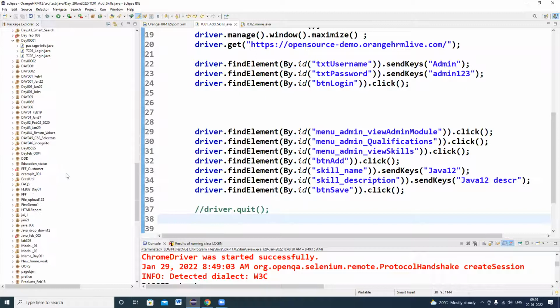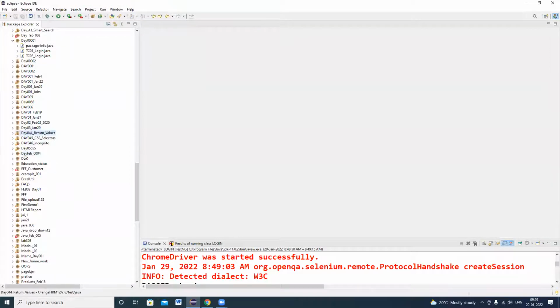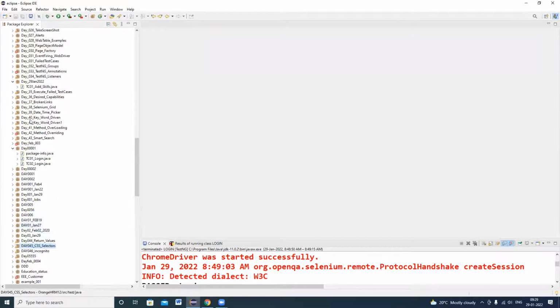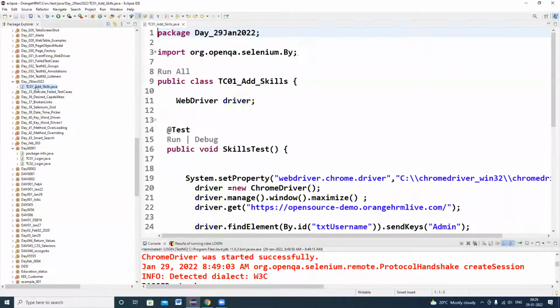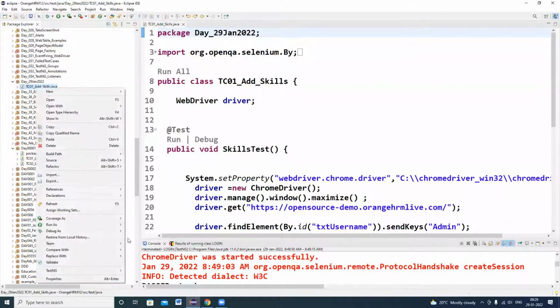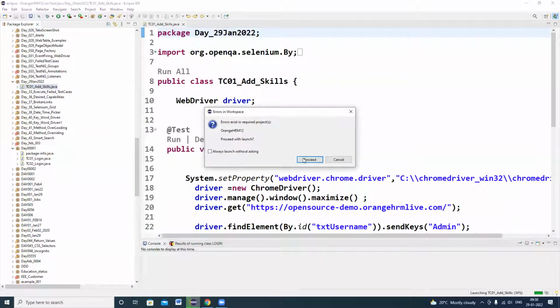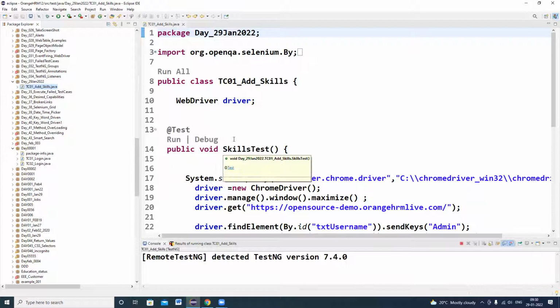Where I have written my program, let me close everything. All right, this one. Double click on this program.